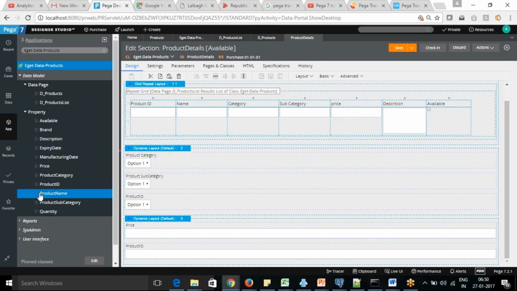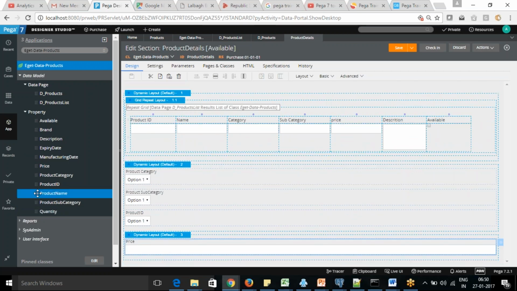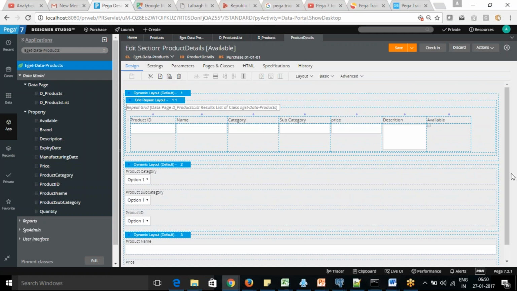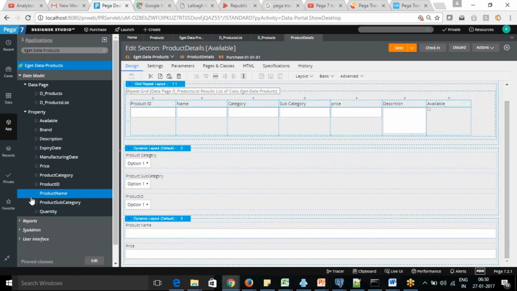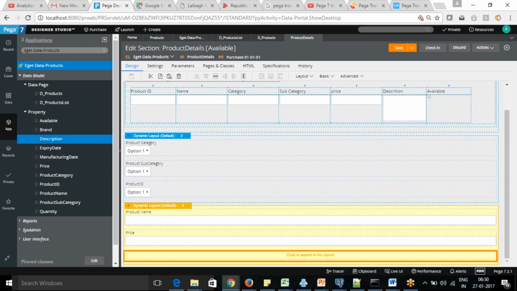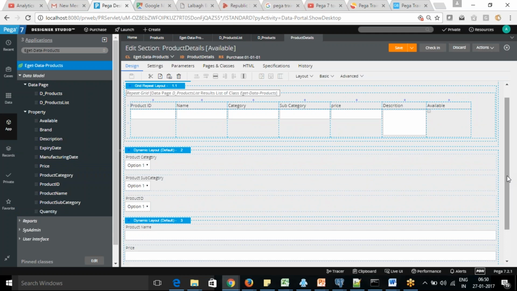Okay, leave it. And then in place of product ID, I just need the product name, sorry. Okay, product name, price, and you can say description. Okay.